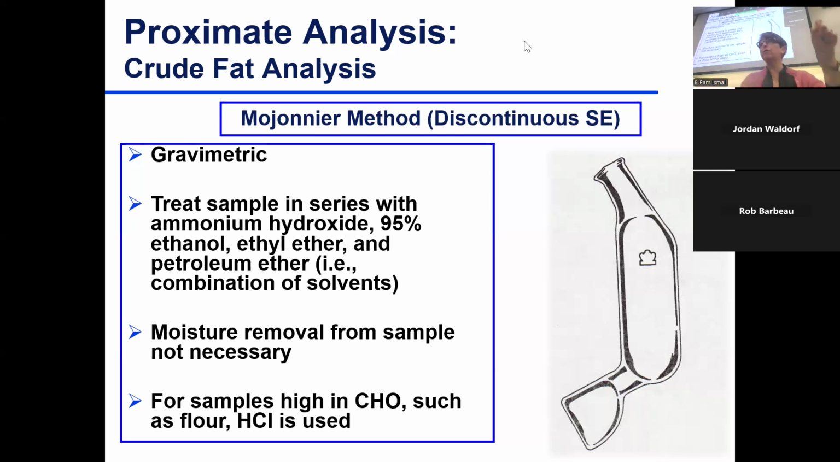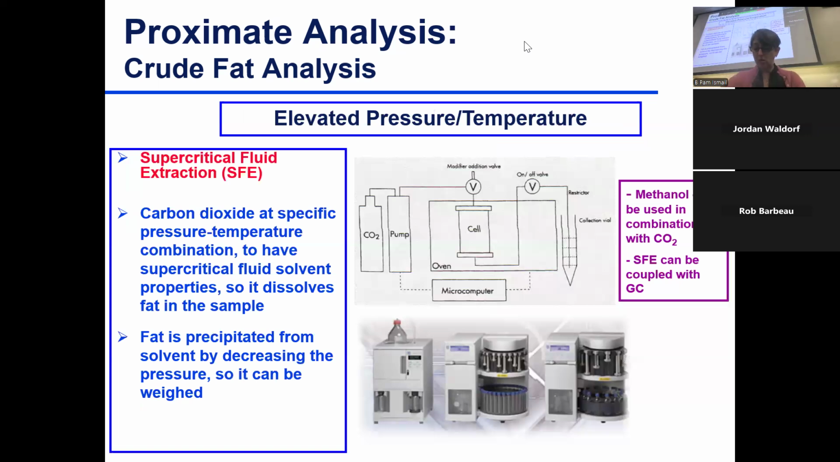In this case, it's feasible because you only add 25 milliliters of each. In Soxhlet, remember, you add 300 milliliters. It would be so expensive to use ethyl ether because it's an expensive solvent. So in Soxhlet, you use petroleum ether. Okay, so